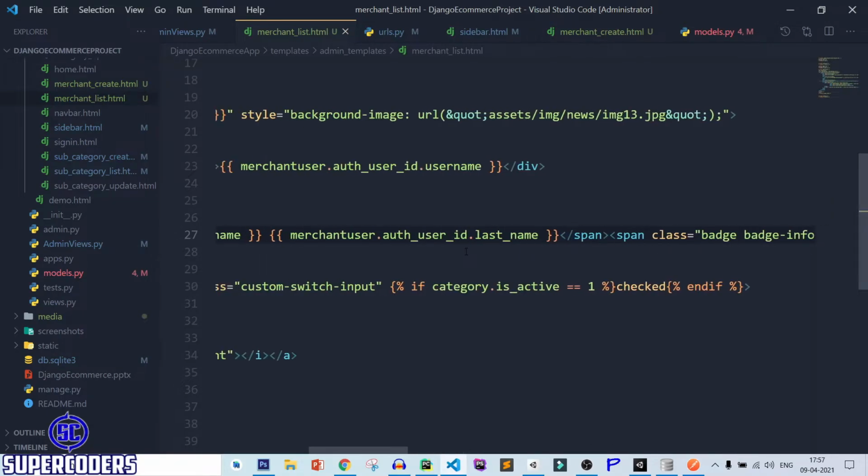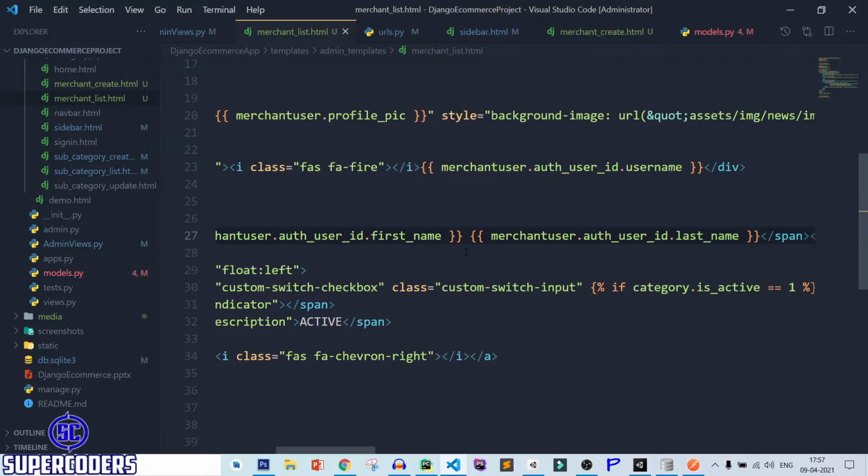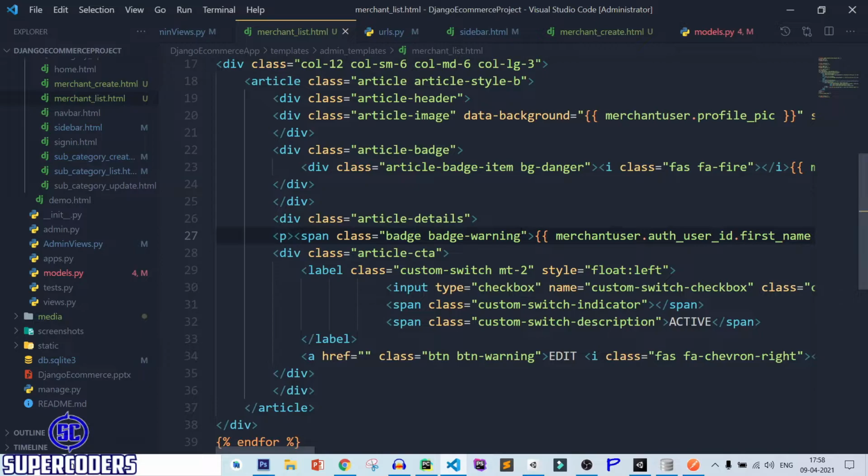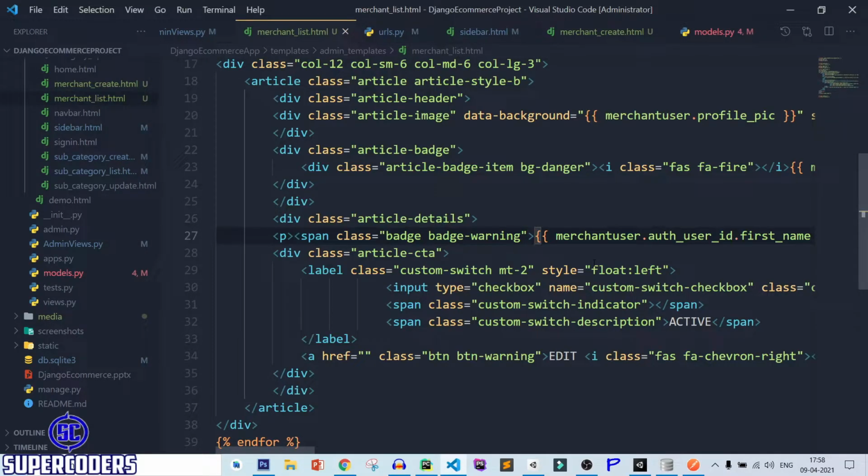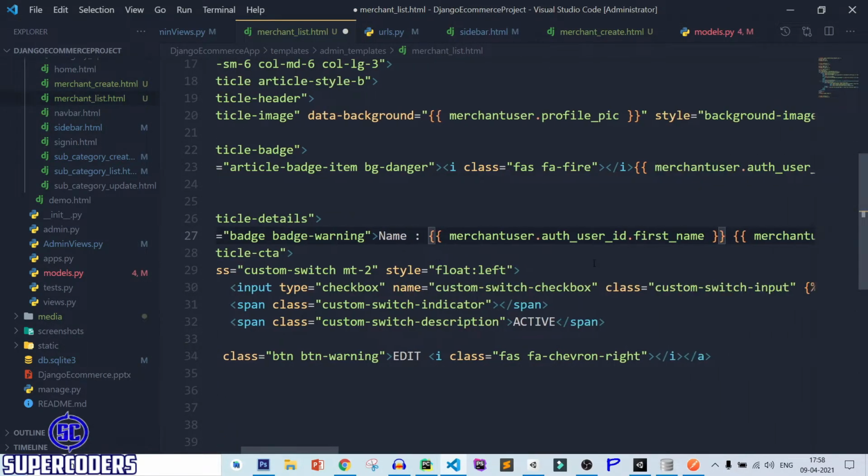Or you can also add a line break. So let's add some line break. Currently you can see it is not able to understand what this data contains. So let's make it easy.